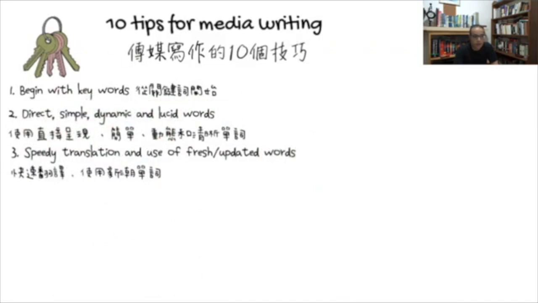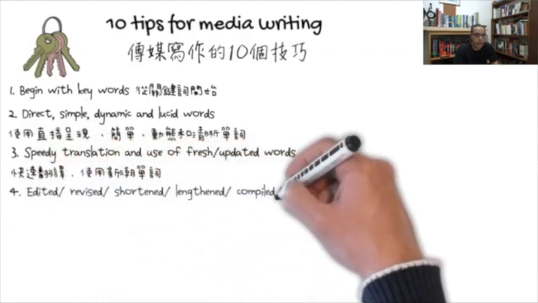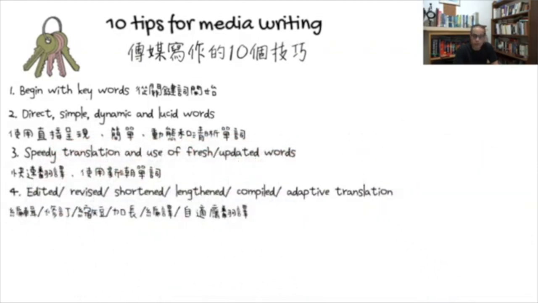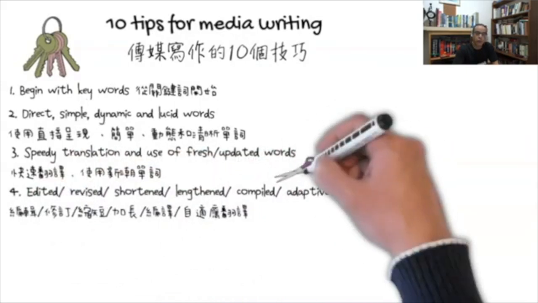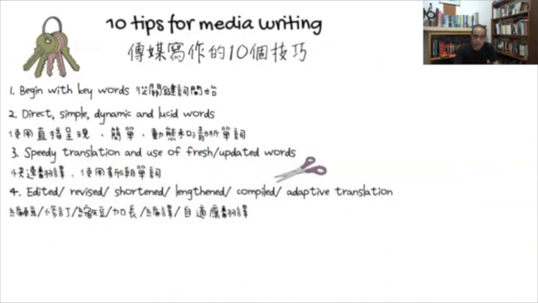The third tip is news writing requires speedy writing, speedy translation. So whether you write news or translate news, you need to do that quickly, very fast. You need to work around the clock. You need to update your news maybe every hour, especially in our time that everything goes around us very fast. The fourth tip is editing and proofreading and revising your news report. Once you finish your news report, you need to proofread it, revise it, edit it before it's finally ready to be out.